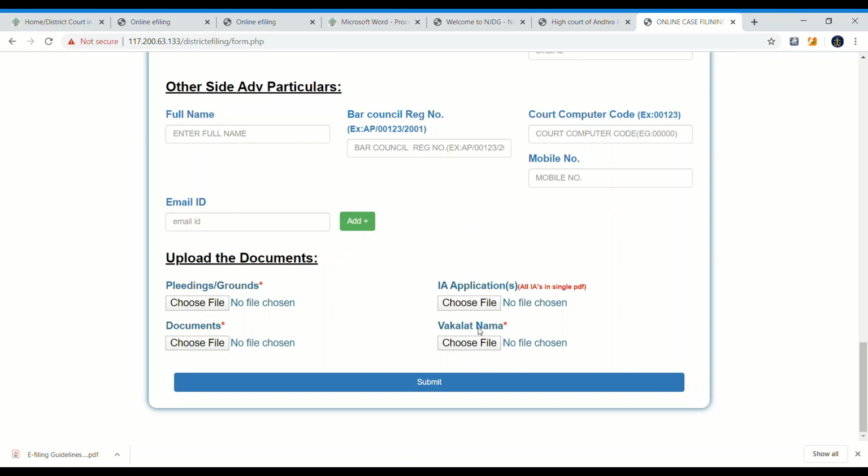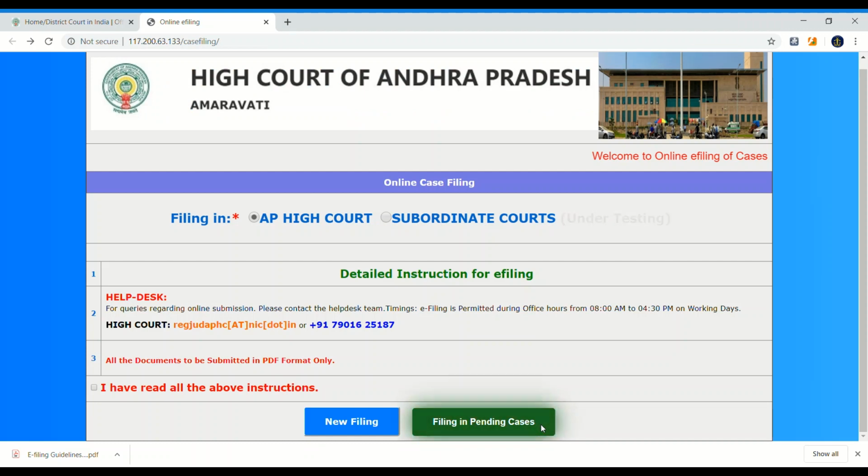Otherwise, if the honorable court finds no urgency in your case, it will reject your case. So this is how we file a case. This flow is going on.